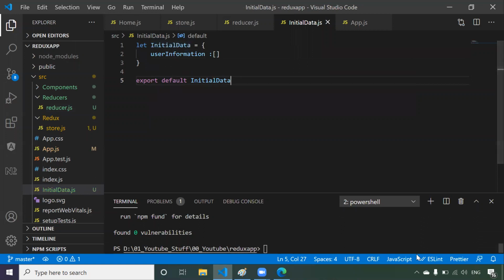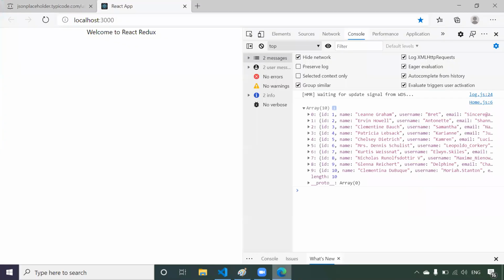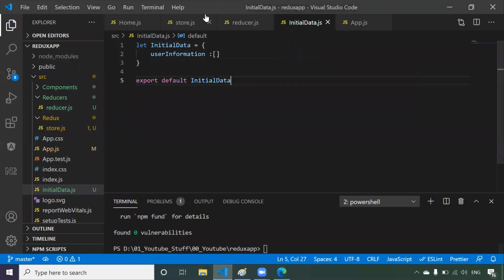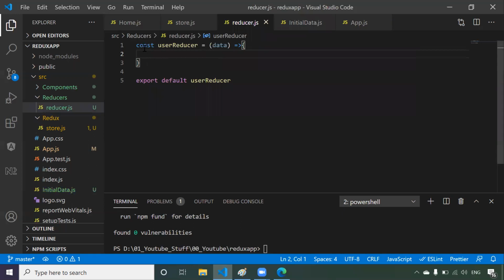What we have done is we created one store using the Redux library. To create the store we required one function, the function name is nothing but createStore. So we have created the store. Now we wanted to create one reducer, so we created one function called reducer, right? Now this reducer has to be registered with the store.